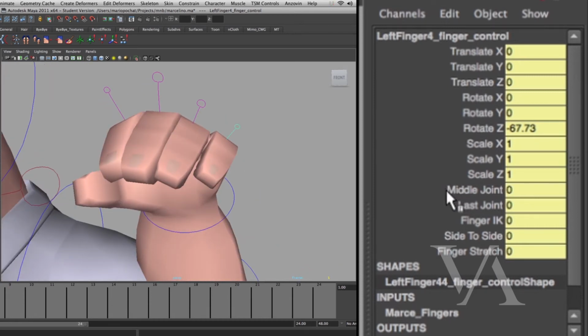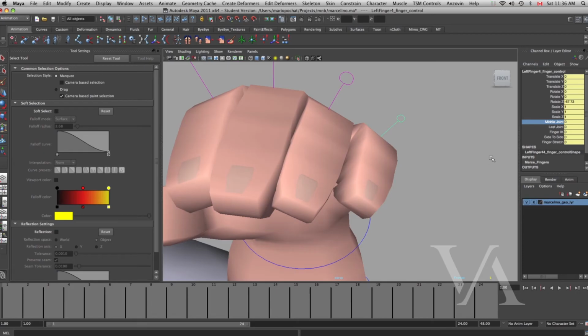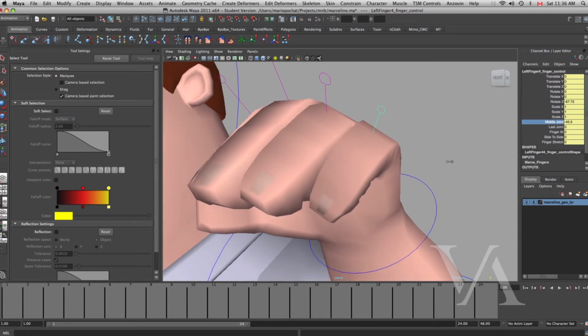On the channel box, we also have what we call the attributes. Attributes are pretty much what's extra from the channels that are common channels. Common channels are move, rotate, and scale. And we have the ability to create more channels. In this character's rig, we have created that middle joint. So you grab that one, you go to the viewport, and then you middle click right there, and you have now the